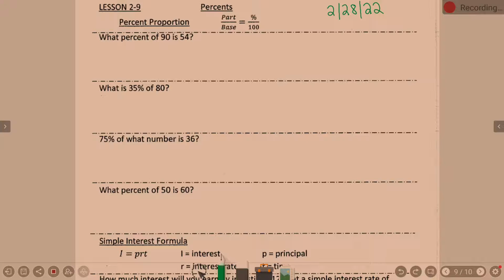So for instance, what percent of 90 is 54? What is 35% of 80? 75% of what? Those are the types of problems we're solving. Is when there's a percent in the number, how do we find the missing number? Or how do we find maybe the percent? Now,